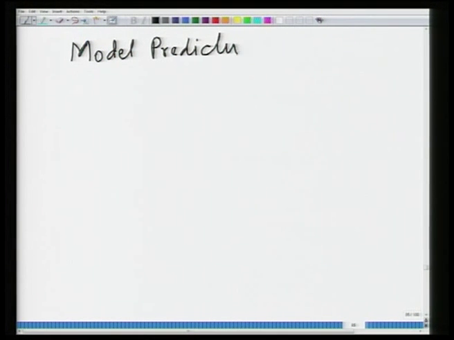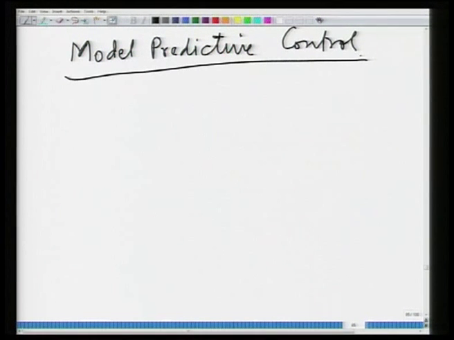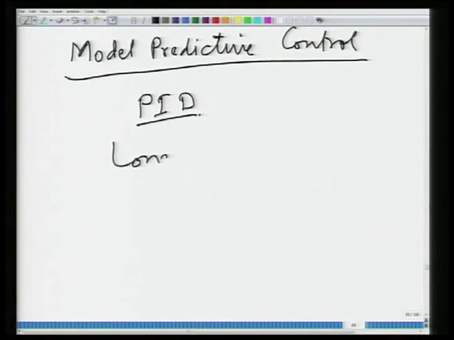Right now what we have seen is, you got controllers, and we have looked at the PID control algorithm, we have looked at how to tune the tuning constants in a PID controller. These PID controllers, for example, may not work very well for systems with difficult dynamics. What is an example of a system with difficult dynamics? For example, systems with a long dead time,